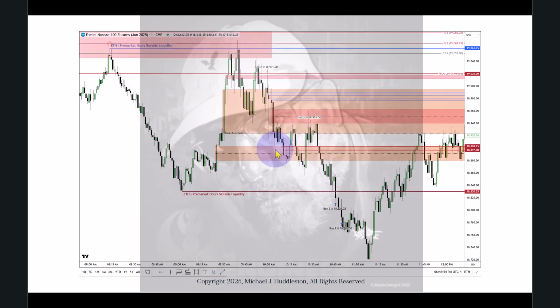Well, let's do this. You can see the gap, inversion fair value gap, and then my entry here. And then it breaks down aggressively. And I highlighted this one. It's a gap as well, but I already had a rectangle over top of what I was showcasing. And it breaks lower, trades back up into, fails to get the consequent encroachment of this inversion fair value gap, which is weakness. And we trade down below the electronic trading hours, which is pre-market hours, sell side liquidity.